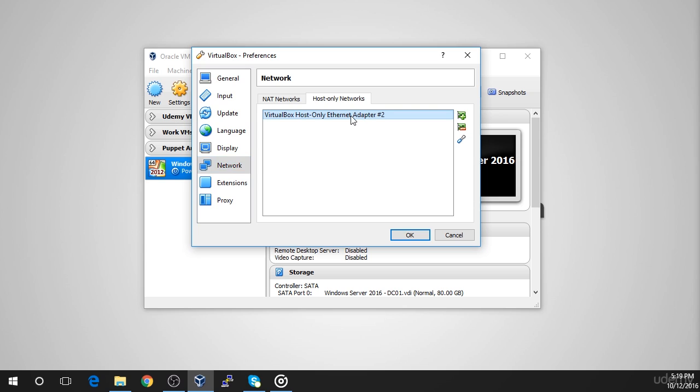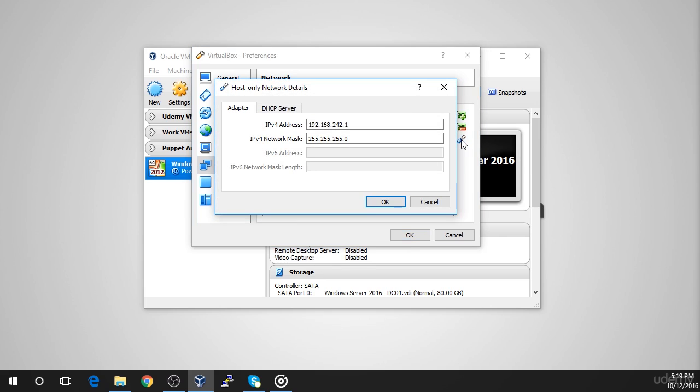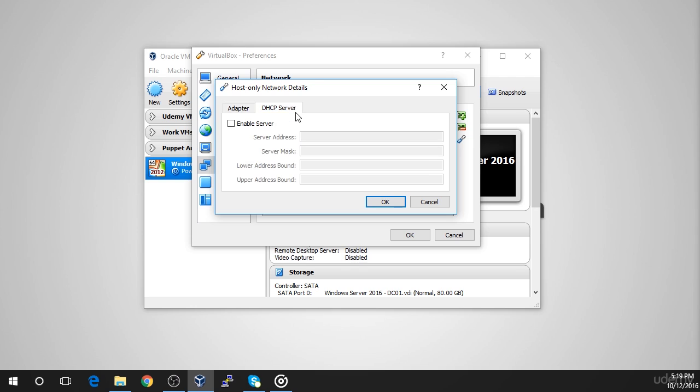You can see the network settings for a host-only network displayed here. Navigate to the DHCP server tab and make sure that Enable Server is unchecked, and navigate back to the Adapter tab. An IP address is automatically picked from an available subnet on your network, but you are free to change this at any time. I'm going to change mine to